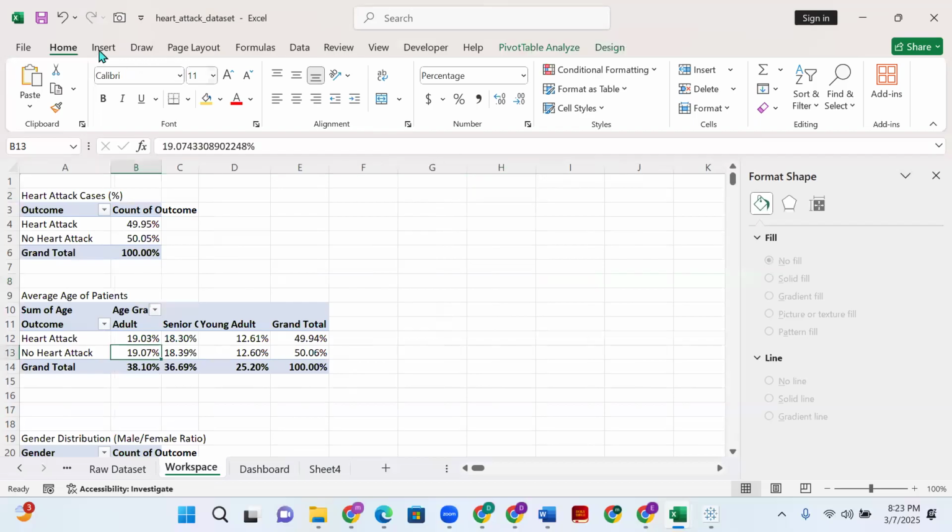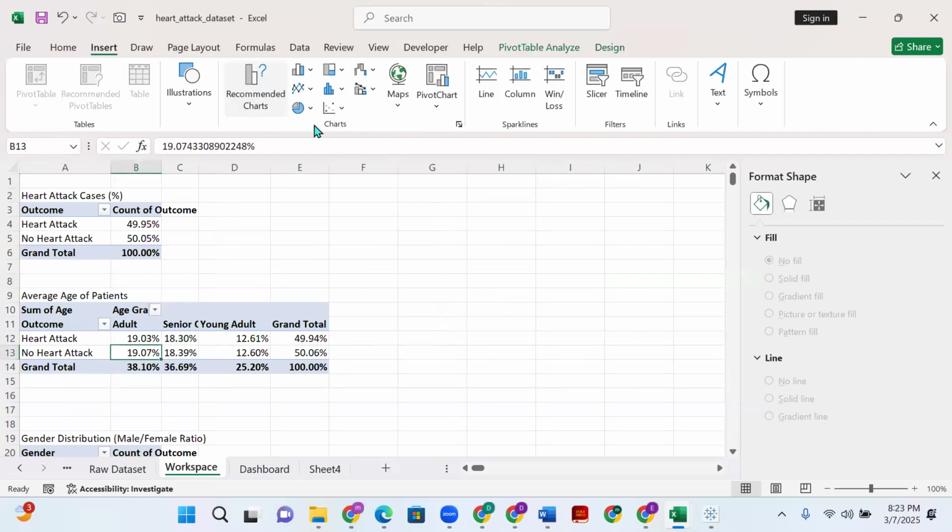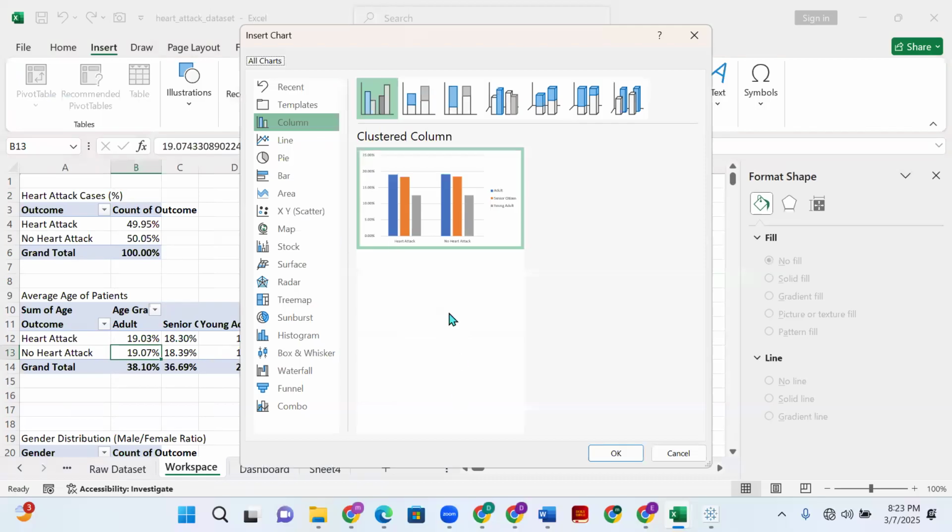You create another chart: Insert, Recommended Chart. Because we analyze